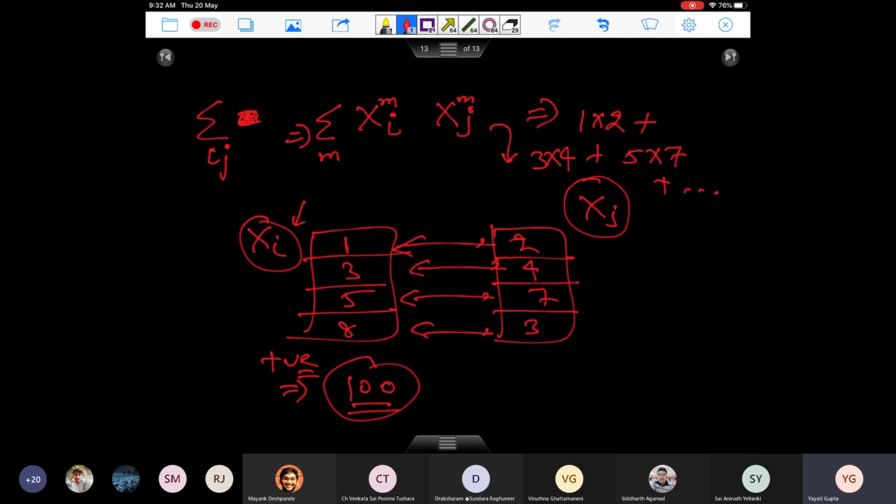So that is what I'm trying to infer. This product, this scalar quantity that you see at the end, tells us how much impact I has on J, and the other way around, because this quantity is symmetric, how much impact J has on I. You can say it both ways around. So if this comes down to a very high value, you say I and J have a stronger positive correlation. If you increase some value in I, it is going to increase the corresponding value in J as well. So both have a positive correlation.